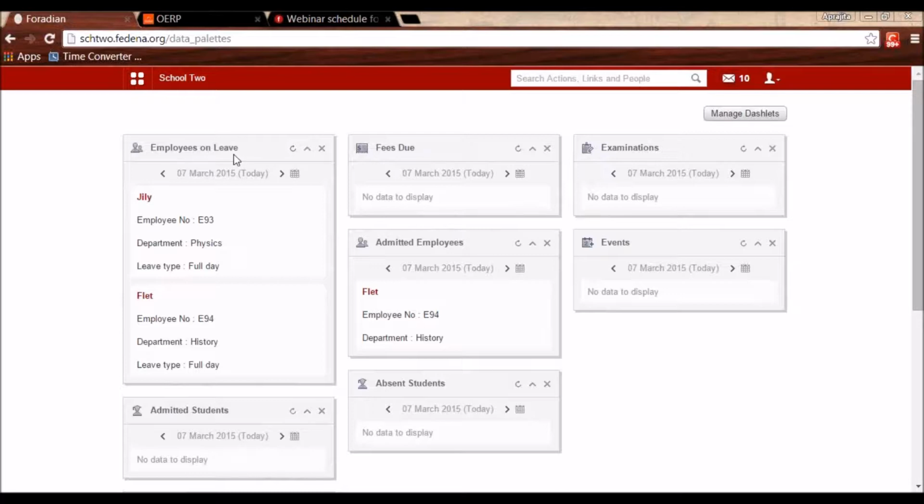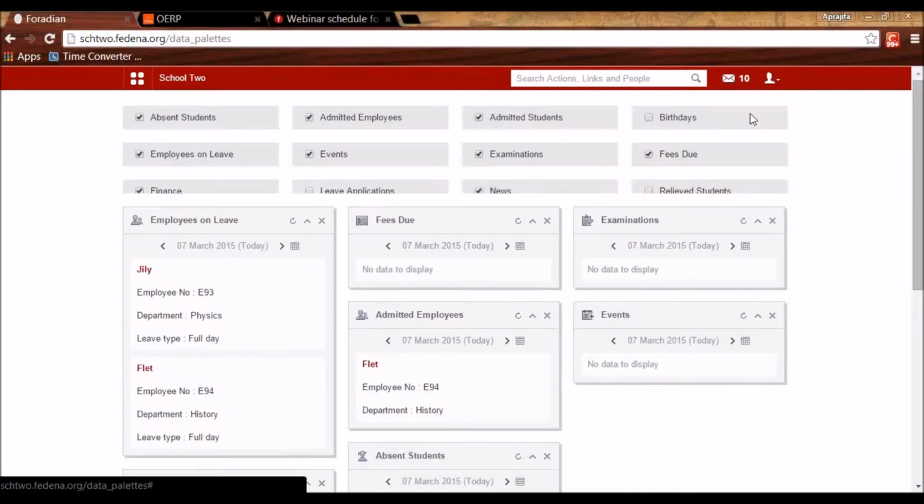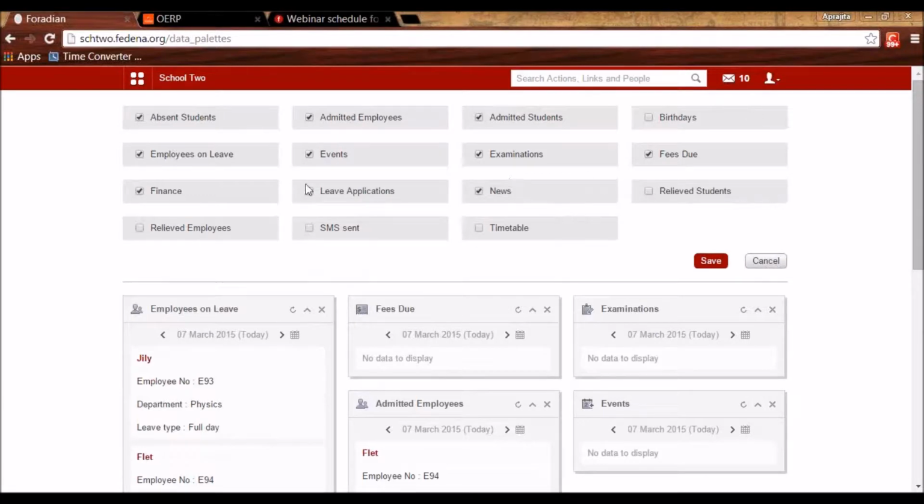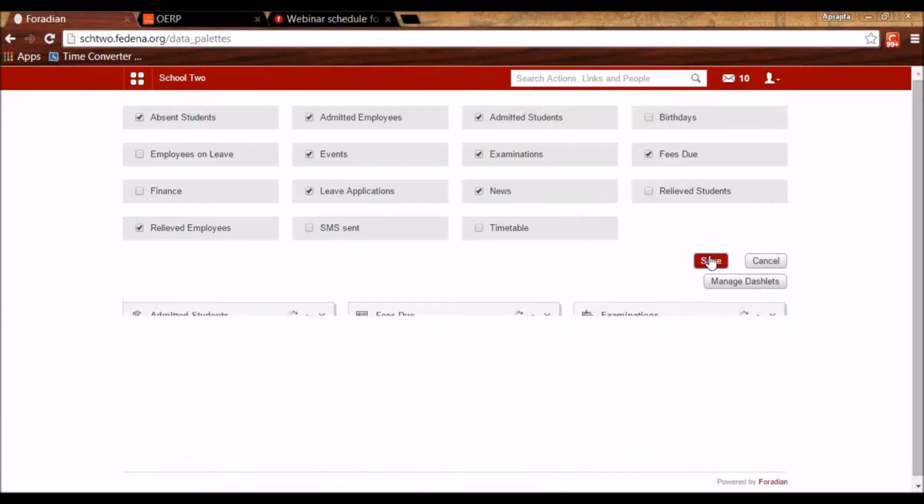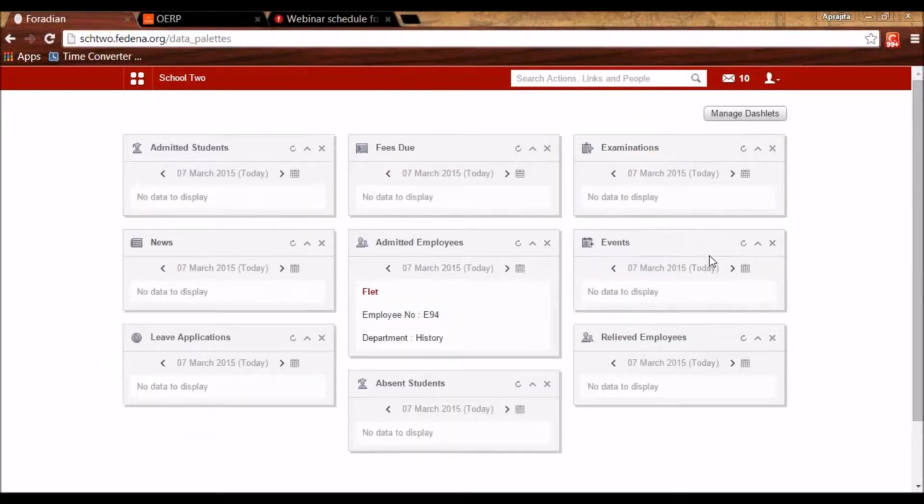So this is an information as per my school, fees due, examinations, and so on. You can manage this information by going to Manage Dashlet. So the information that you want to see on the screen, you can check that from here. The ones that you do not want to see, you can uncheck from here, and when you save it, the same will get reflected here.